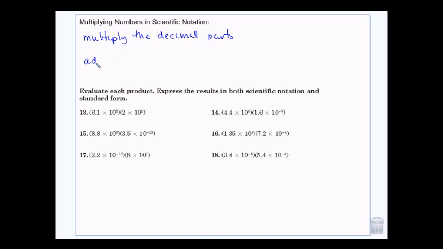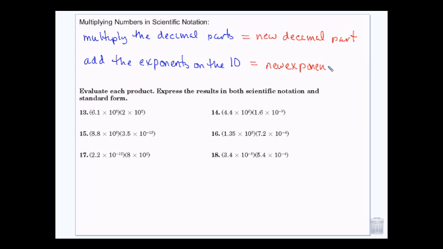Then you add the exponents on the 10. Okay. Multiplying the decimal part equals your new decimal part. Adding the exponents on the 10 equals your new exponent. Okay, so when I have an